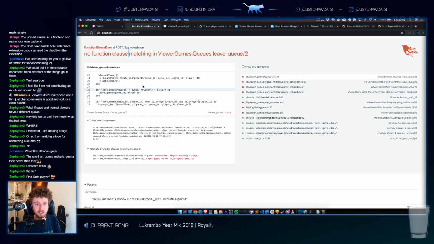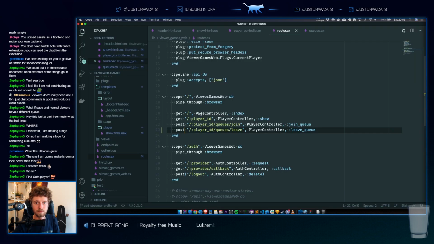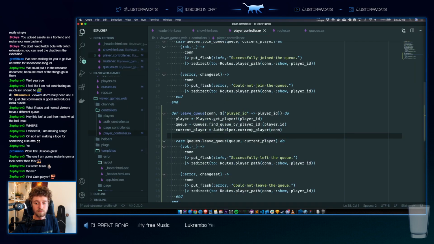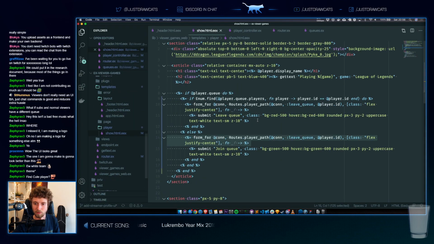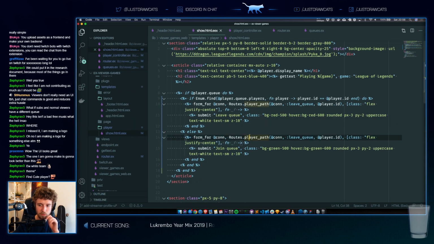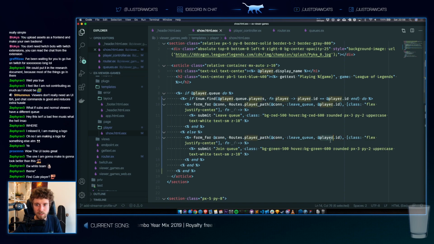Matching leave queue too. So what I'm passing to this method is a queue, and nil. So I'm not logged in right now. Why does it show... Wait. Why does it show my... Oh, yeah. How do I show the current player?